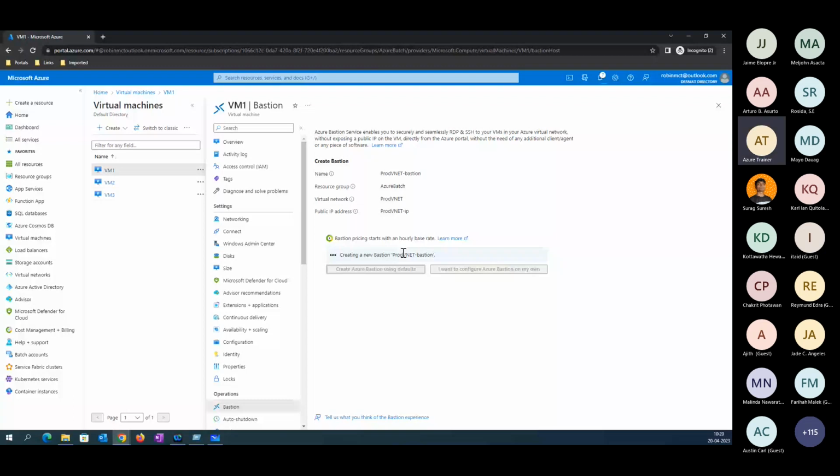Let's wait for this to complete. Its creation is in progress here. So we need to just wait.